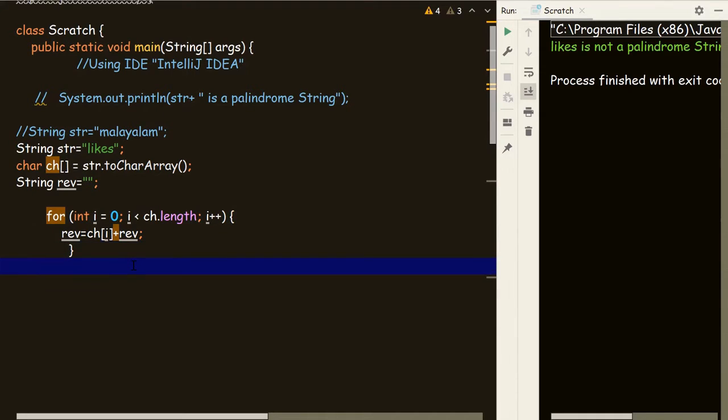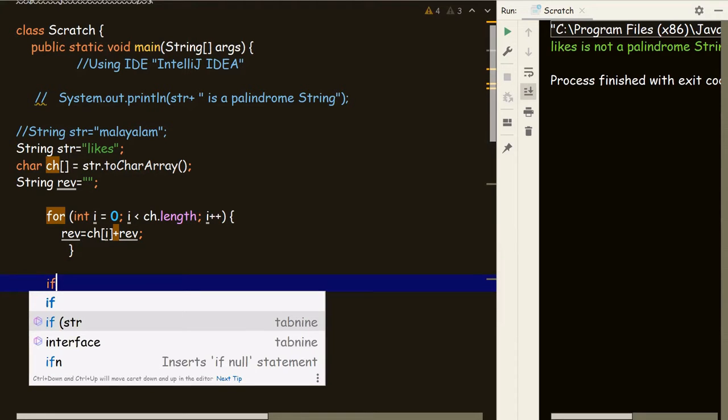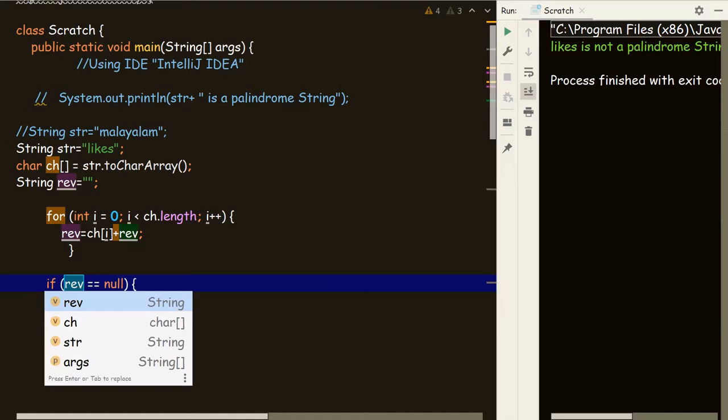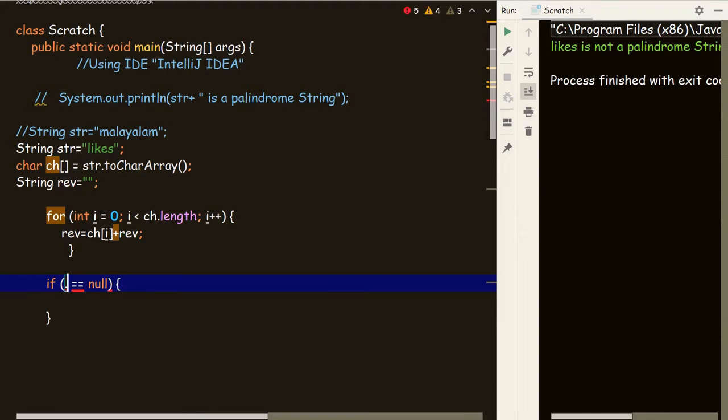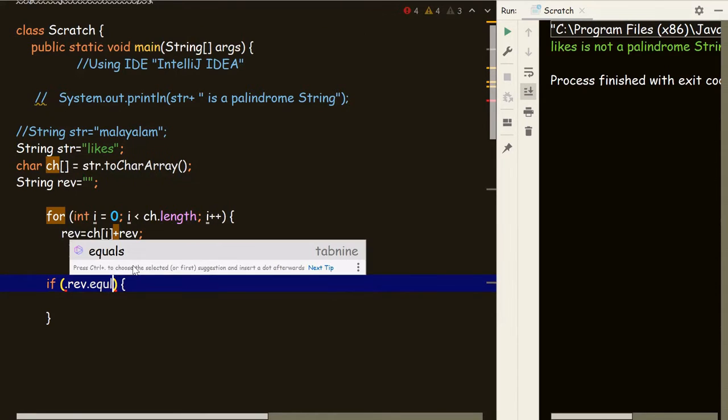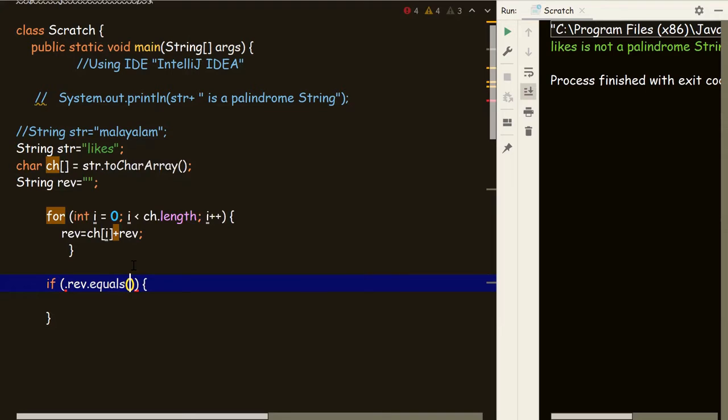First we check the if condition. If rev.equals(str), we have to check whether the reverse is equal to the original one, that is likes.